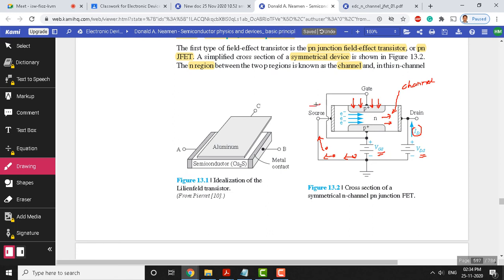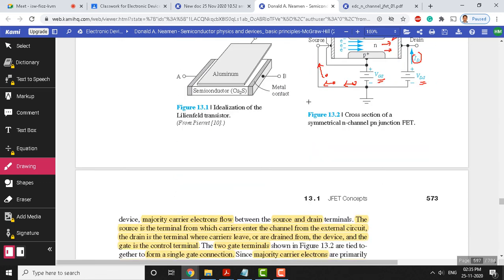So here we can write this as IS, which will be equal to ID, since there is no gate current here. There is no connection between these two. This just applies the vertical field, and under the influence of this electric field, the charge carriers in the channel are moving. So, these two voltages you need to be familiar with to understand this device. The only current that exists here is the drain current, and that is equal to the source current.